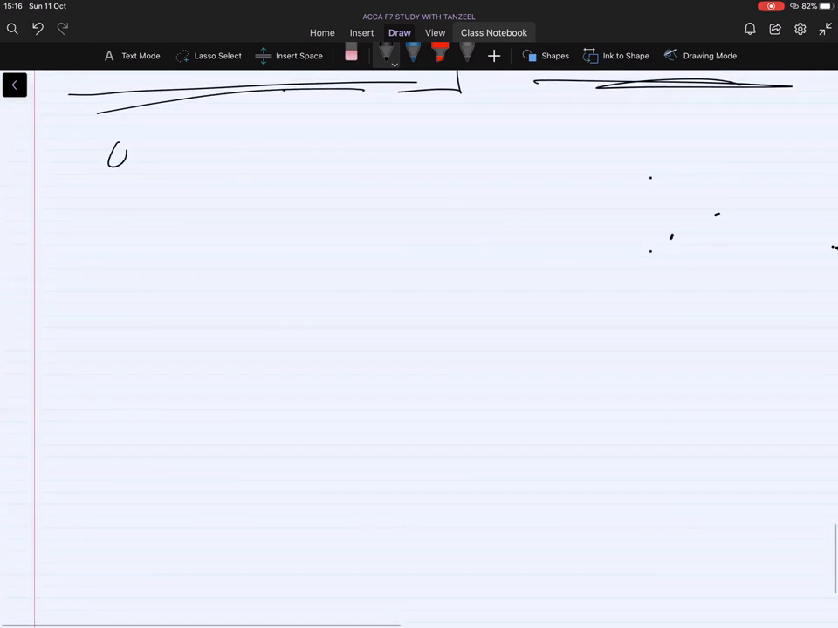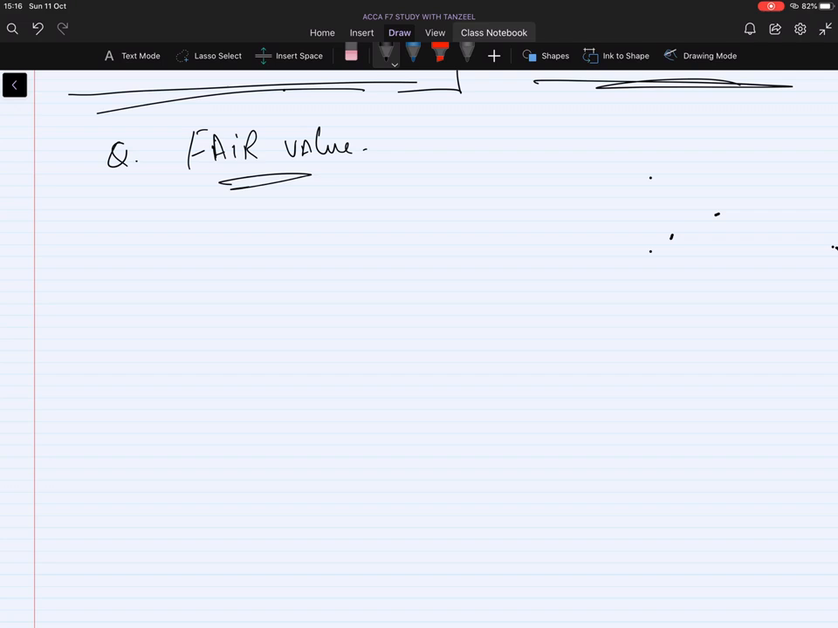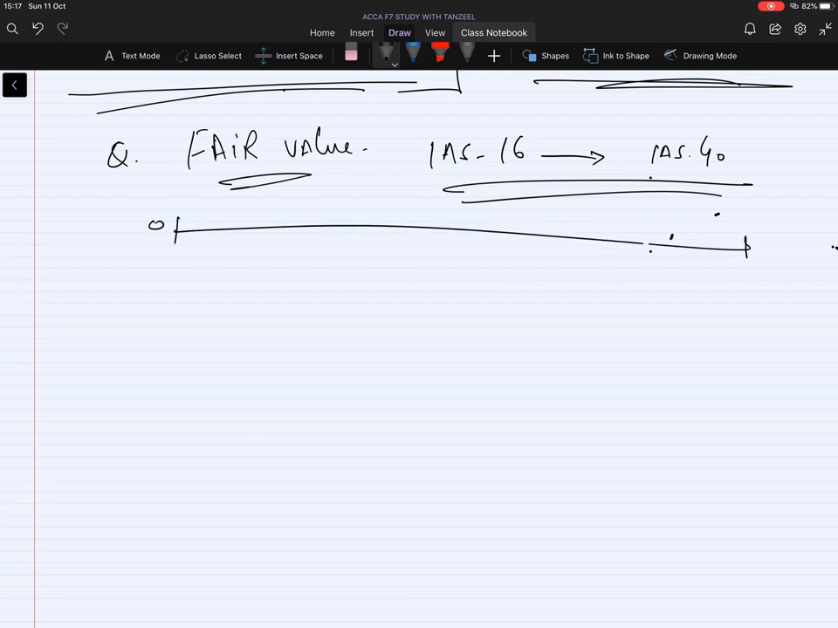And suppose we were using the fair value model, and we are changing from IAS 16 to IAS 40. Suppose the same question: cost is 1000,